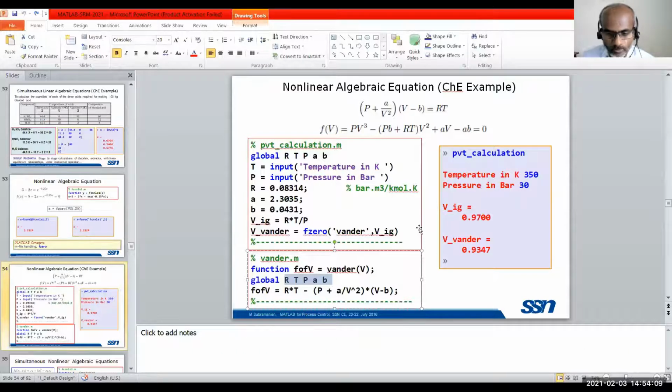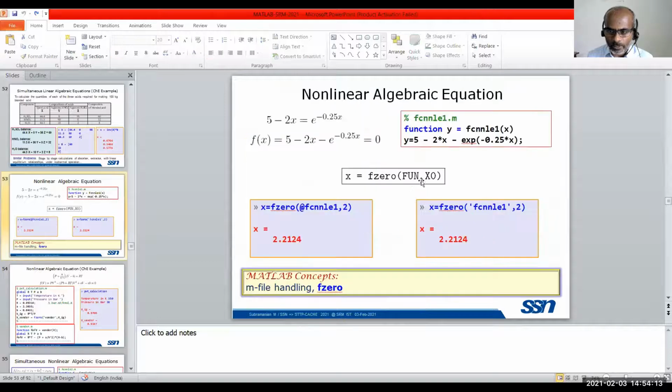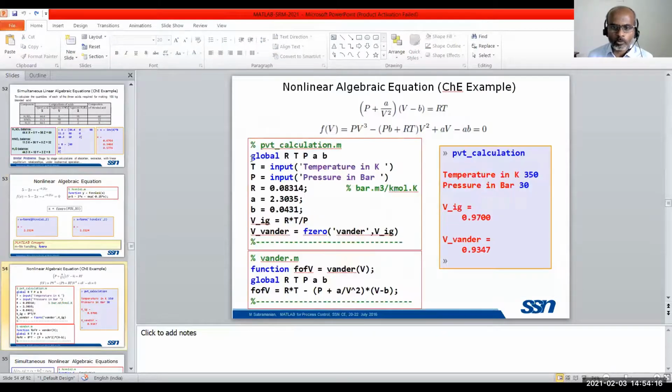That is the idea. I suppose the participant would have understood now. I'm not only explaining about F0, additionally I'm saying about the usage of global. Global is to share the variables between files. If you don't use global, whatever RT you have collected won't be available in the other file. Instead, you would have to copy these statements here again, but sometimes that creates problems.